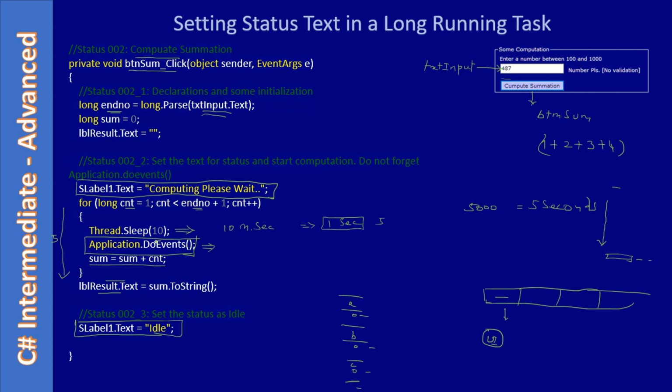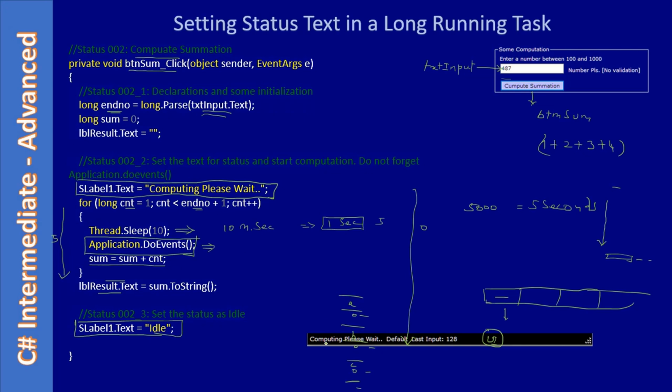So there are other ways you can use some UI thread or background thread, but when it is in the same thread, here if you see there is only one thread, we don't use any thread at all, and this Thread.Sleep is here we are halting the main thread to sleep for 10 milliseconds. And since it's in the single thread and we call the DoEvents, we provide a chance to update this status label in the status text. Okay, now when we go to the demo, we will see what happens if we miss these DoEvents. All right,